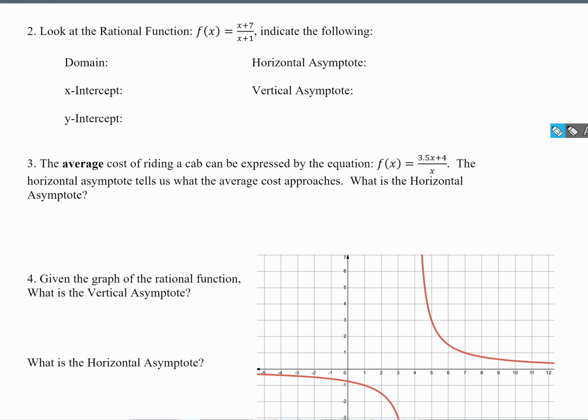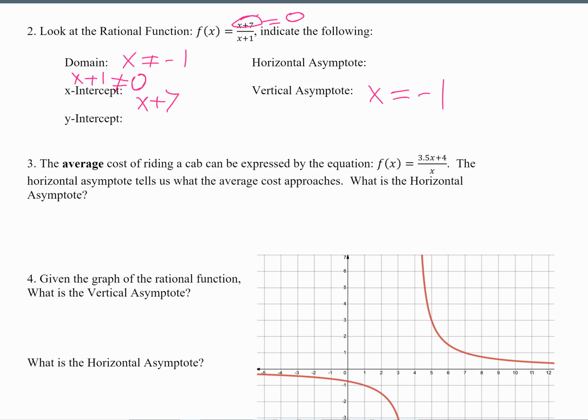Right, denominator, what do we do? Domain, we set the denominator equals 0. We know x plus 1, well, we set it as not equal 0, which is to say x not equal to negative 1. And we know at this bad point, you're going to have an asymptote at this vertical line. Now the x-intercept is wherever the numerator is equal to 0. That'll make the whole thing 0, right? No matter what you divide by, if you have a 0 in the numerator, you've got yourself a 0 for the whole thing. So you've got x plus 7